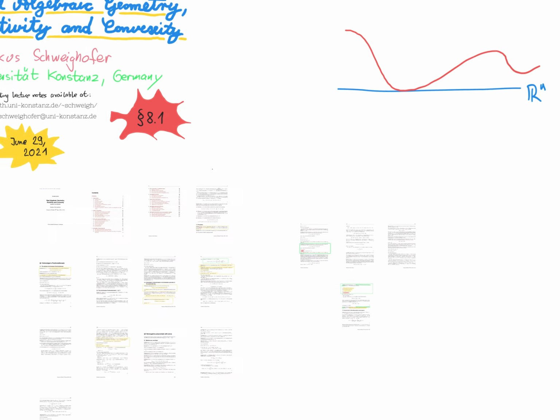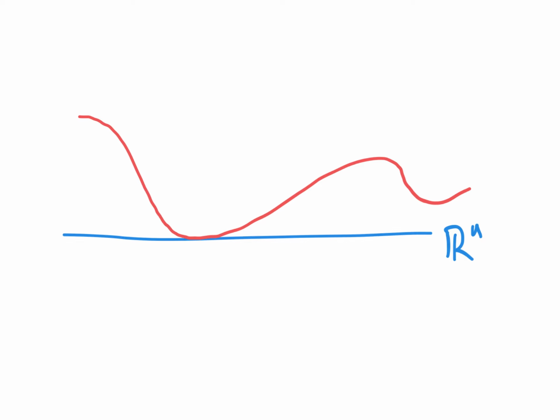One of the applications would be optimization. So you have your polynomial on R to the n, or on some, for example, basic closed semi-algebraic subset of R to the n, and you want to find, and say there exists, a minimum